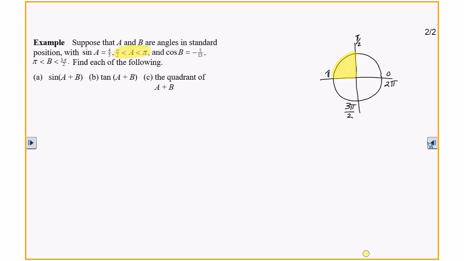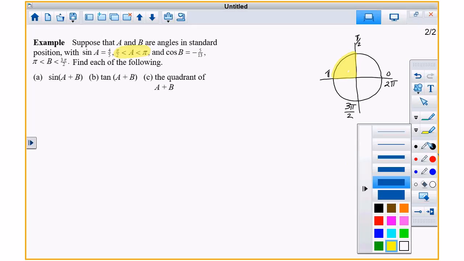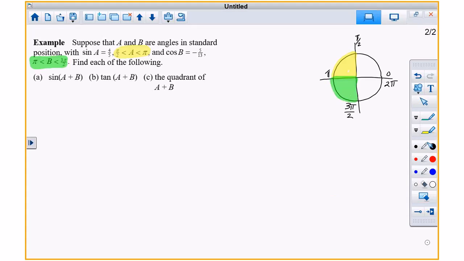All right, B, and I'm going to use a green color, is between where? Pi and what? So you got 2 angles right here. And it says find each one of the following. Well, let's go ahead and draw our angles now. The yellow one, Oscar